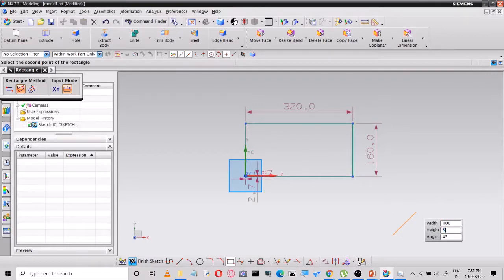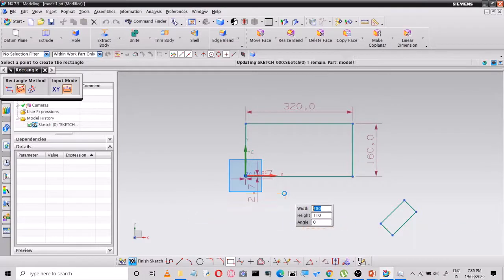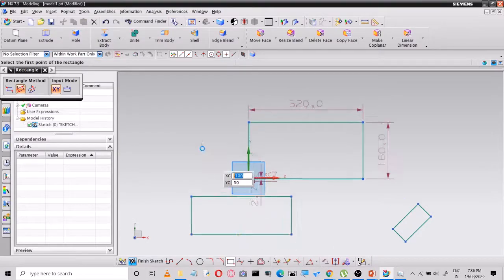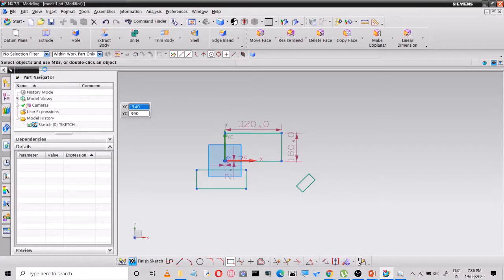Next you provide height. This is 3 point. So first point is corner point, next is its width, next is the height. But in this case you have not altered the angle, angle has been taken as 0 degree. Suppose if you want to place with orientation, you provide angle.